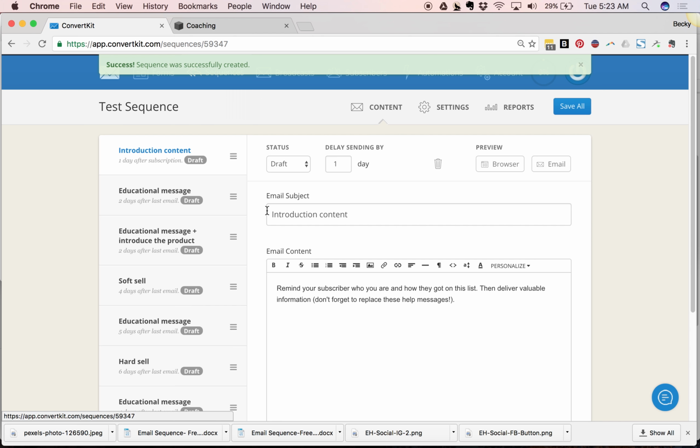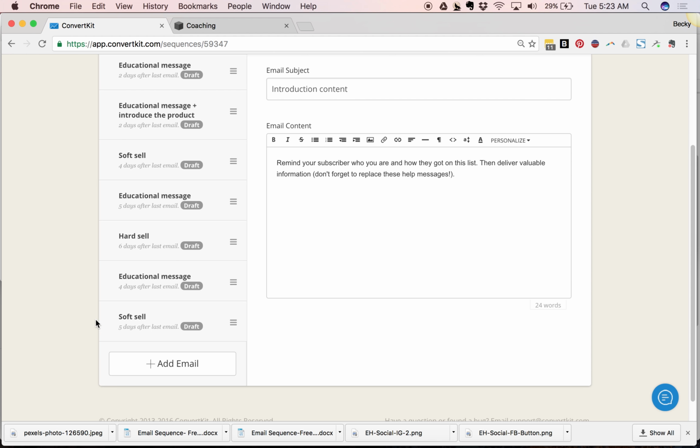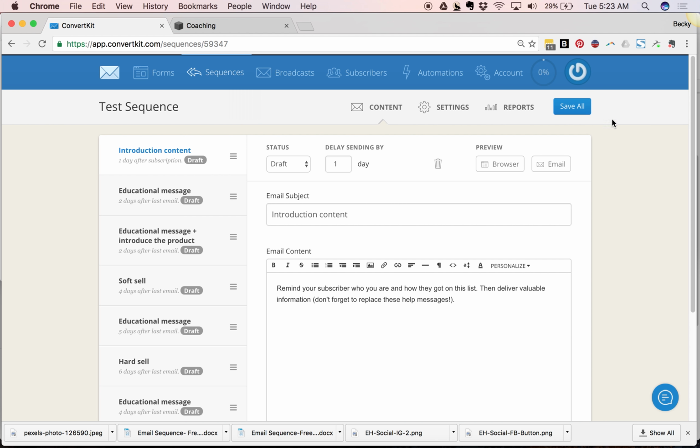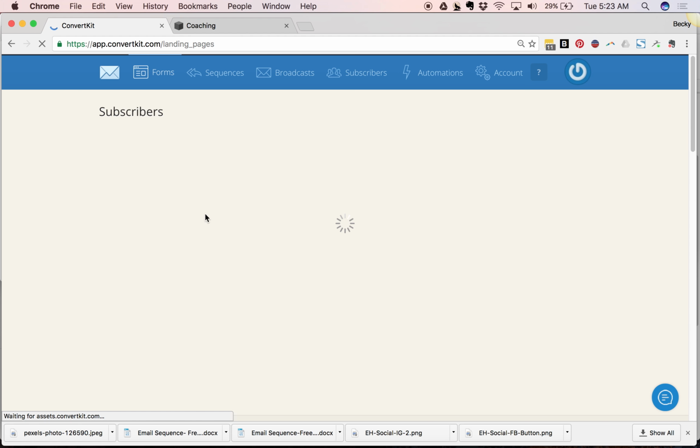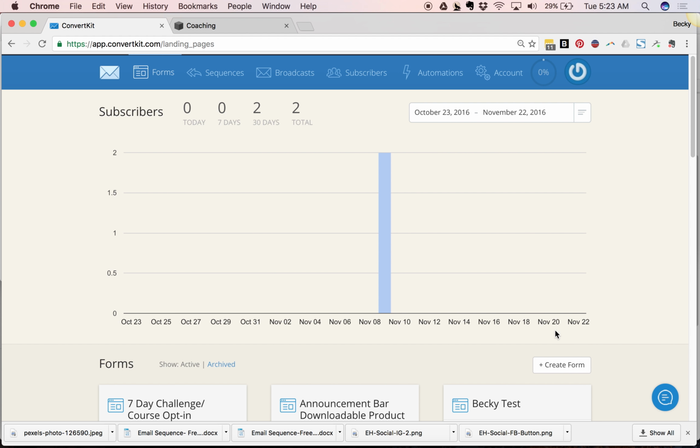And then when you get inside the sequence, it has a whole bunch of settings and things like that. And we don't so much need to pay attention to those before creating the form. We just need the actual sequence to be here. So I'm just going to click Save All, and I'm going to go over to my forms because I'm ready to create my form. So I'm going to click Create Form,